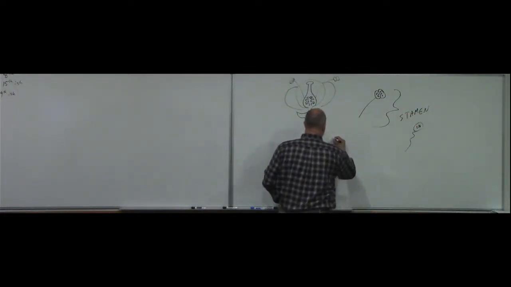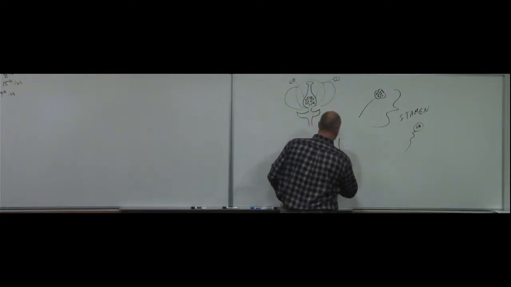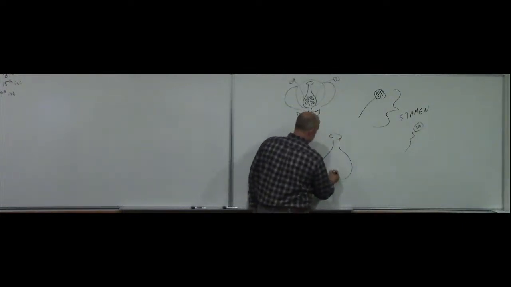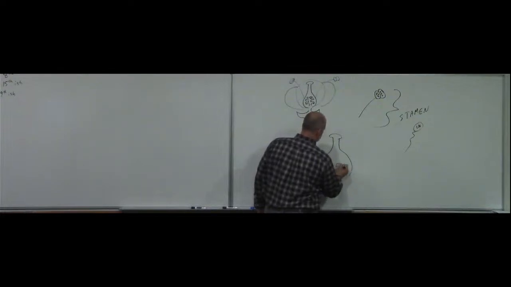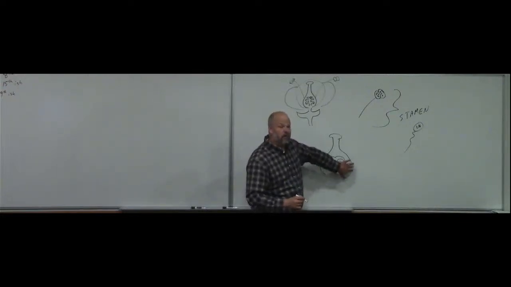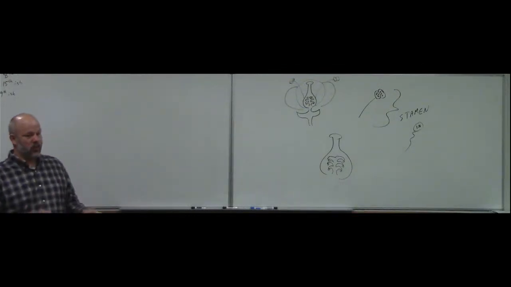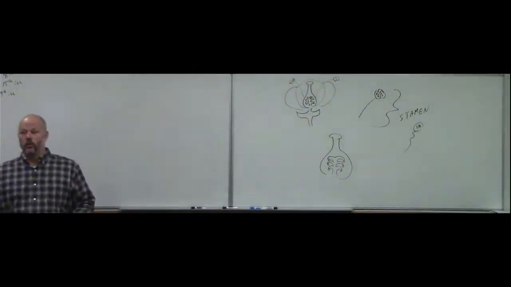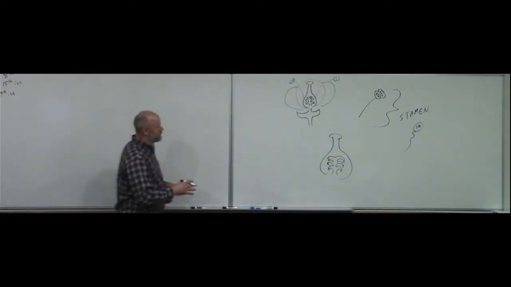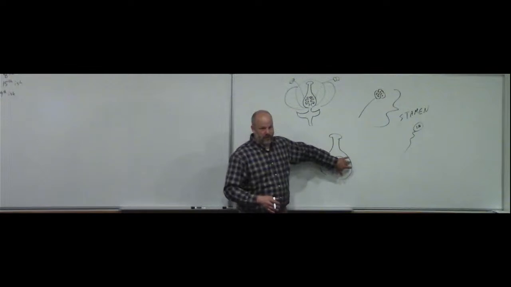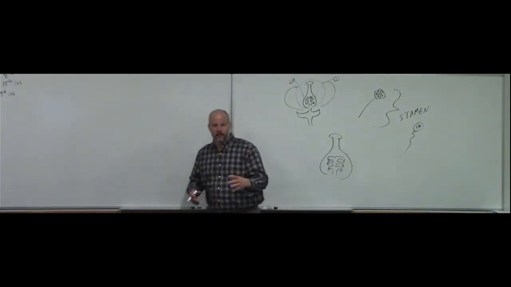You look here. Got a little deal here. This is the megaspore mother cell. I don't even care that you know to call it that. What you need to know is right at that location is where an egg is going to be made. And there are other names, oogonium and all this kind of stuff. You just need to know this is where eggs are made. Again, an egg, 1n or 2n? 1n,